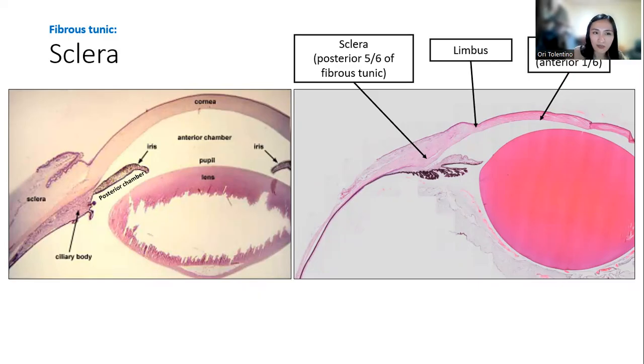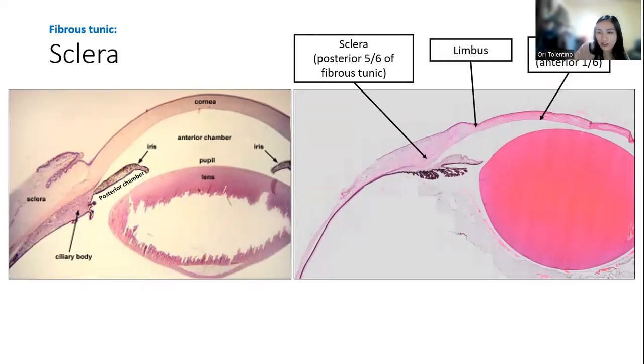On the left is a slide from another source. Other sources have better slides than us because you can see here it's quite distorted. We can see that the sclera is the outermost tunic, just surrounded by a little connective tissue of your orbit. To the right is the lab slide. You can see anteriorly, this is the sclera, okay? Anteriorly, it becomes the cornea, okay? And the sclerocorneal junction is called your limbus, okay?